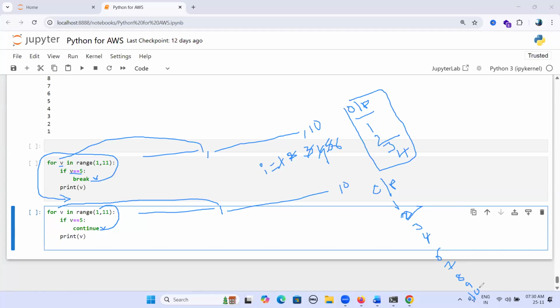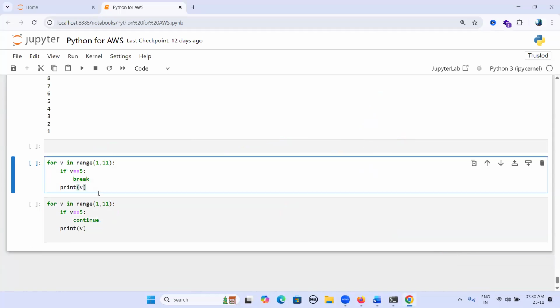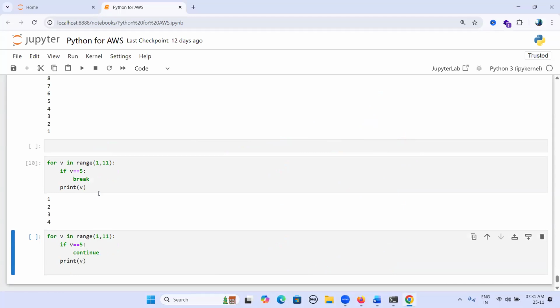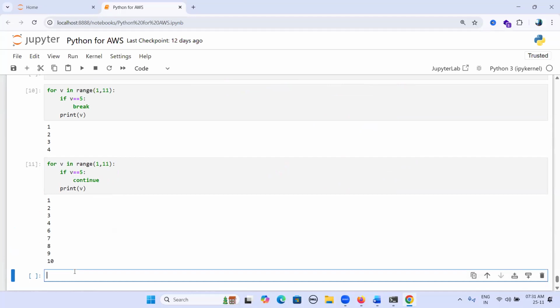But continue ignores the remaining current statements and then moves to the next iteration. Okay, let me execute this program and see the output. See, we got 1 to 4. Executing the continue program, we see all the remaining values except 5. Okay, clear, right?